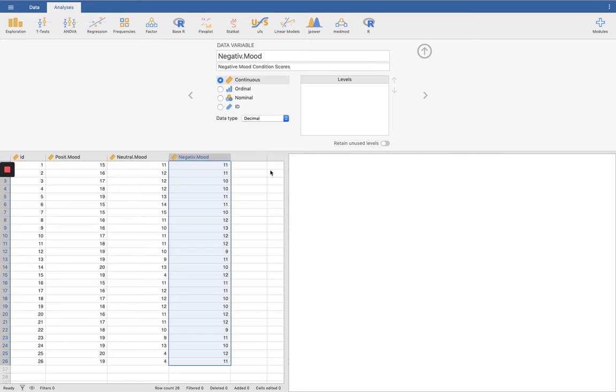The second one is level of measurement, so it has to be interval or better data, so both positive mood, neutral mood, and negative mood, they all have to be at least interval or better, and these are actually ratios, so we're good. The third assumption is sample size, and unlike a between subjects design, in a within subjects design,